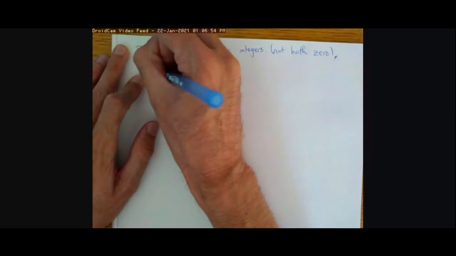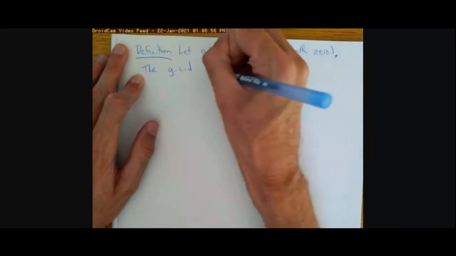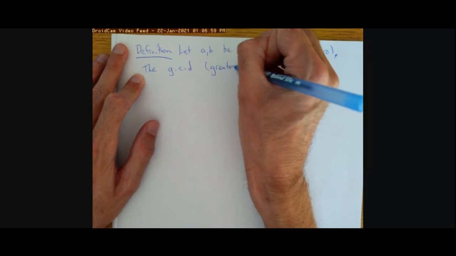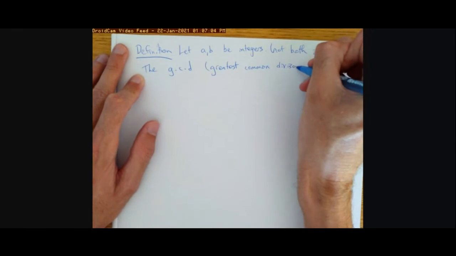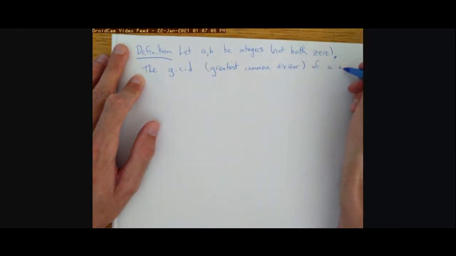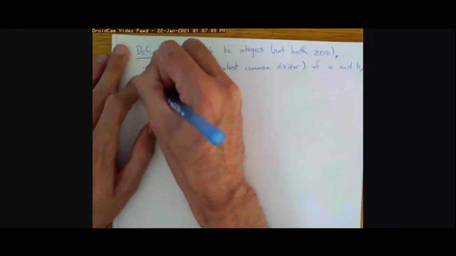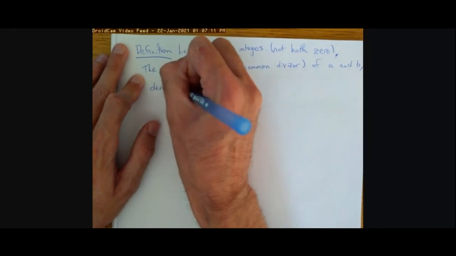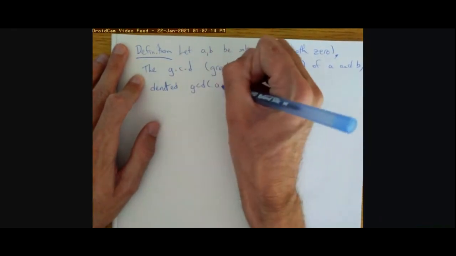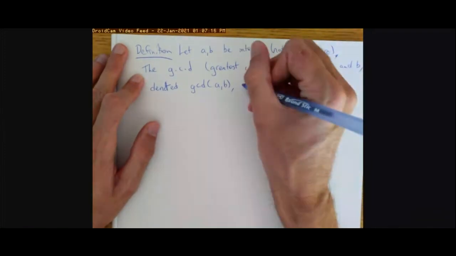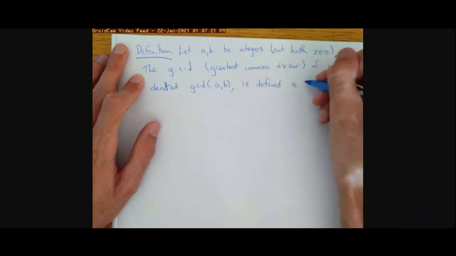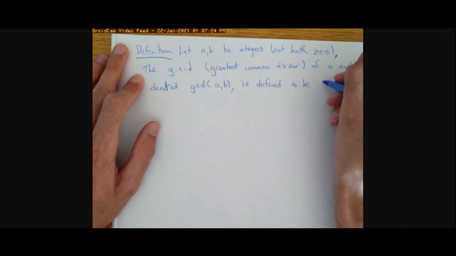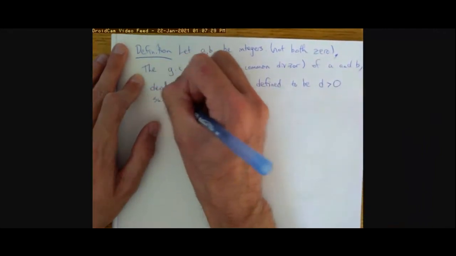The GCD, in other words, greatest common divisor of A and B, denoted GCD of A and B, is defined to be a positive integer D such that